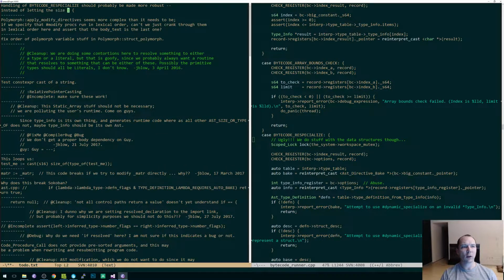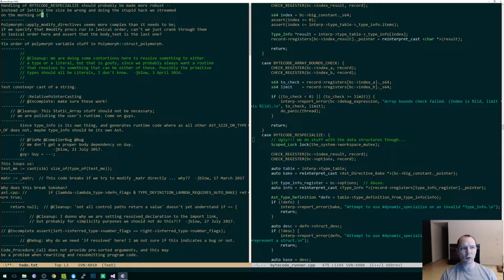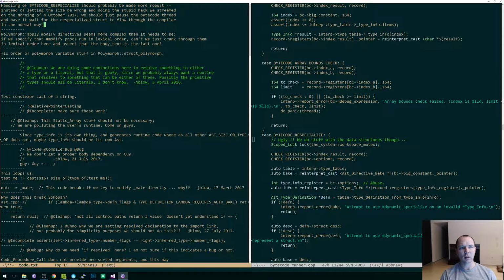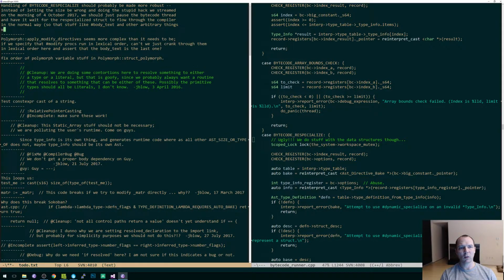Instead of letting the size be wrong and doing the stupid hack we streamed on the morning of 4 October 2017, we should just pause the bytecode thread and have it wait for the respecialized struct to flow through the compiler in the normal way, so that stuff like body text works and other arbitrary things work fine.